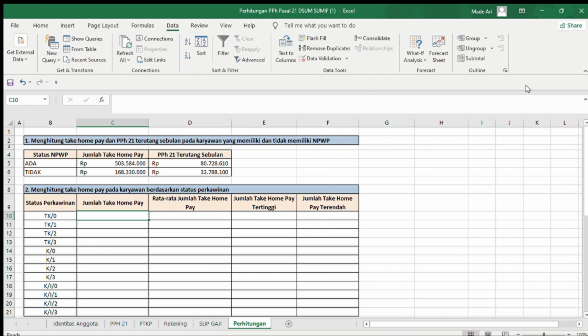So, type jumlah take-home pay in column number 2, and after that, we use SUMIF as the formula. So, first step is type equals and then SUMIF as the formula,